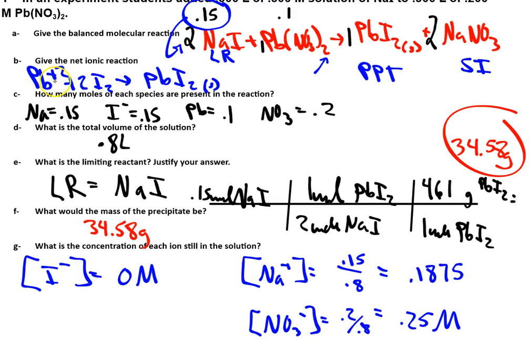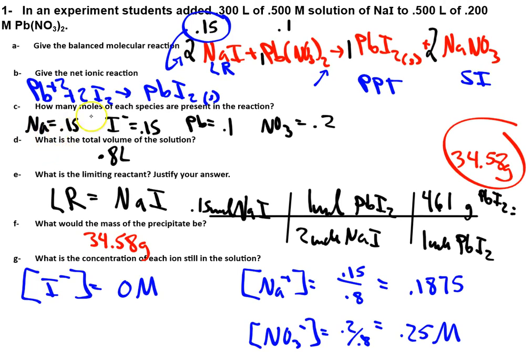Ionic is just the formation of your precipitate. The moles of each